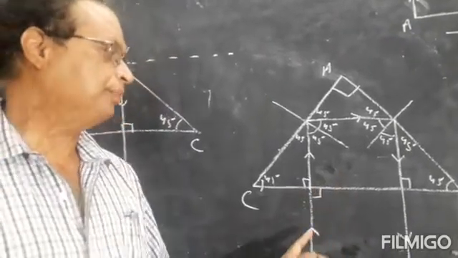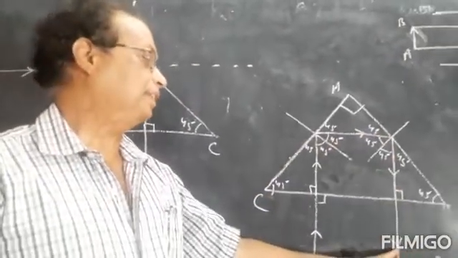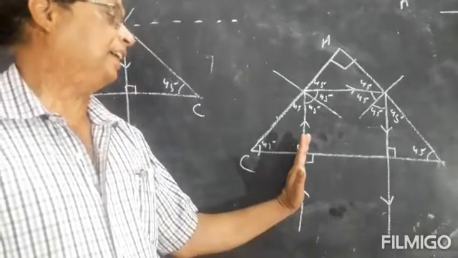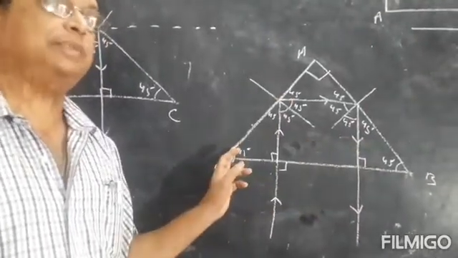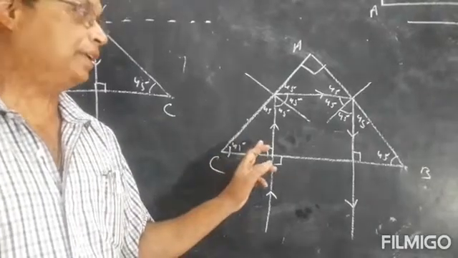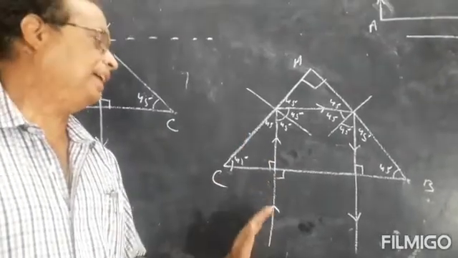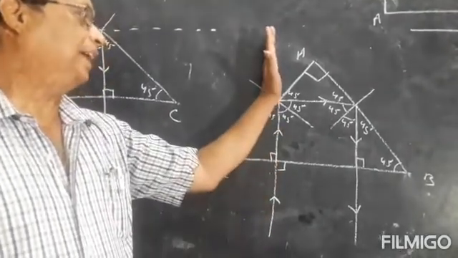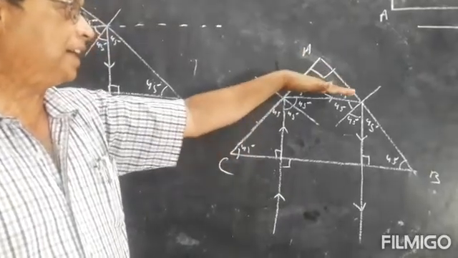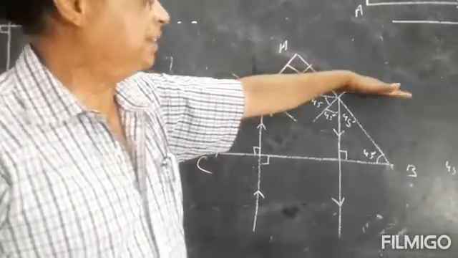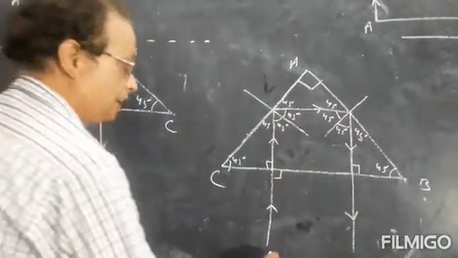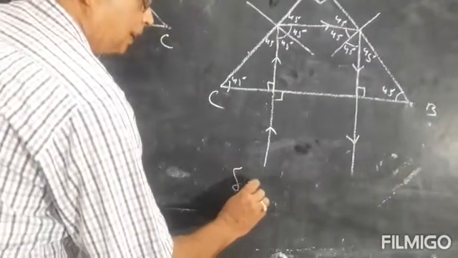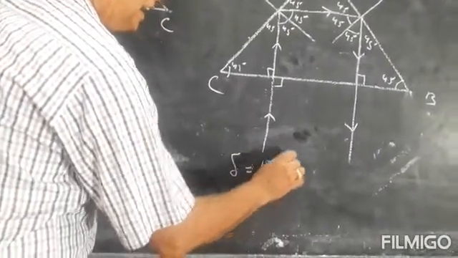So this is how the ray will come out of the prism if it is made incident normally on the hypotenuse of this right angled isosceles prism. Clear, students? So what is the angle of deviation here? Now this is the initial path of the ray. First it is deviated through 90 degree here. Again it is deviated through 90 degree here. So what is the total angle of deviation? The angle of deviation is 180 degree.